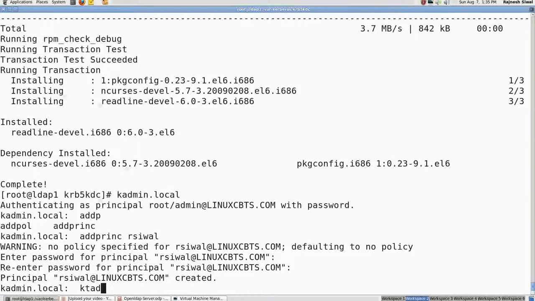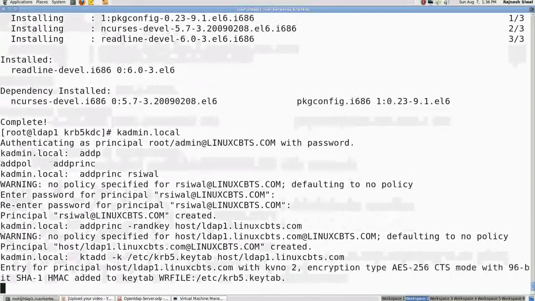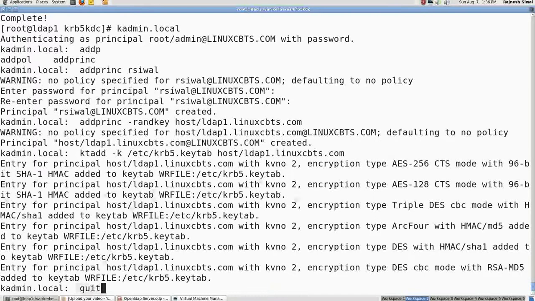So let's create addprinc -randkey host/ldap1.linuxcbts.com, then ktadd -k /etc/krb5.keytab host/ldap1.linuxcbts.com. So we are done with it.